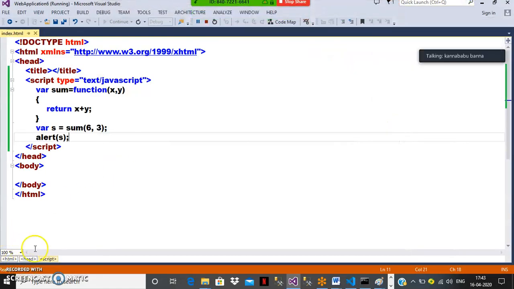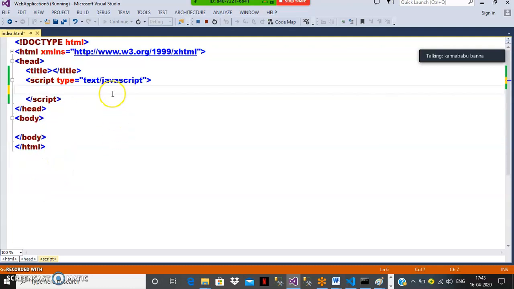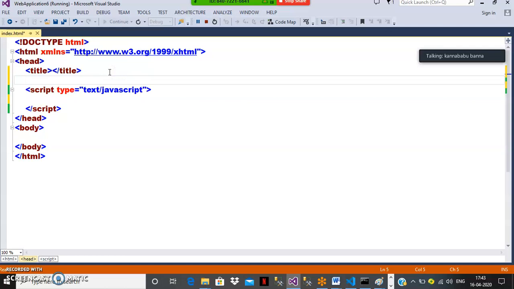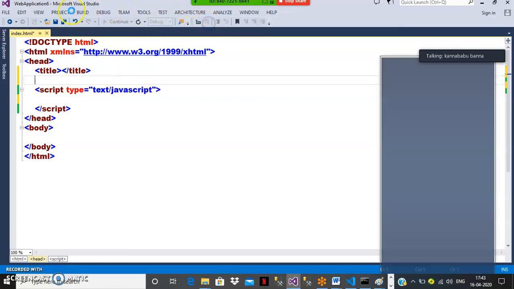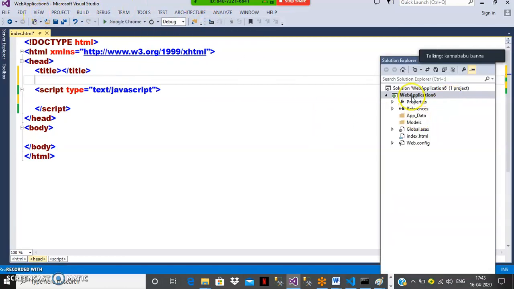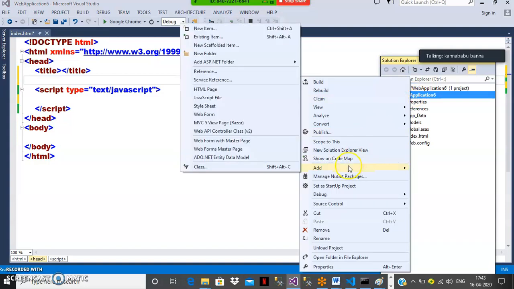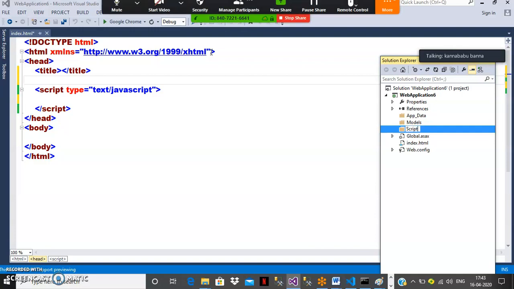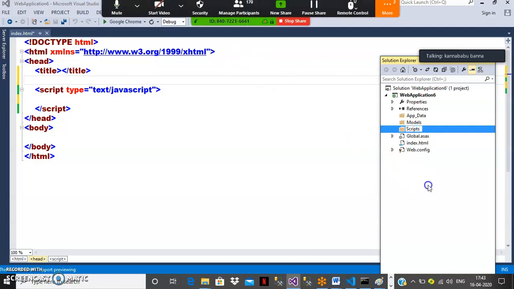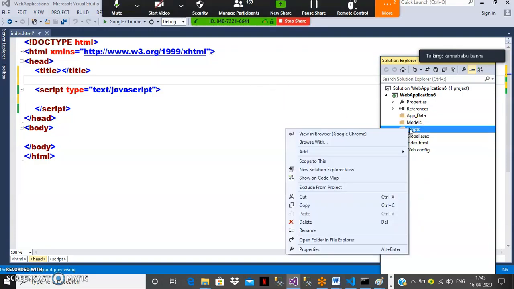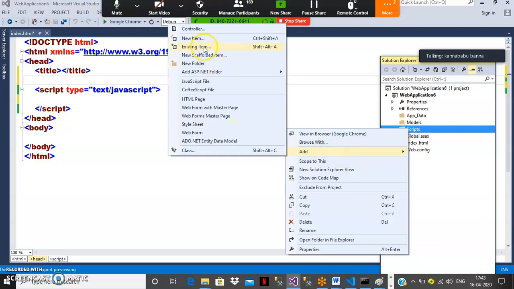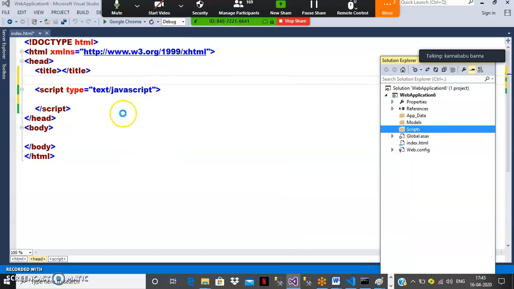Okay. In jQuery, if you work with jQuery, how will you work with it? Here you go to your solution explorer, add a new folder, rename the folder as scripts, and within this scripts folder I will add the jQuery file. Right click, add existing item, go to your desktop.